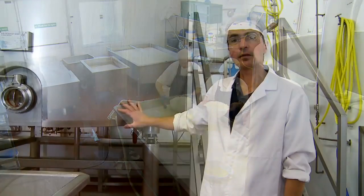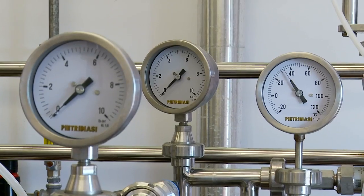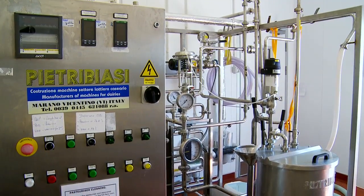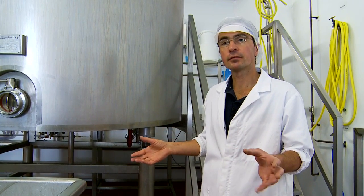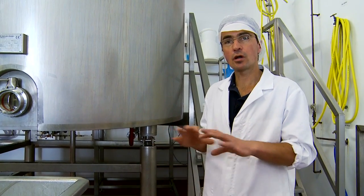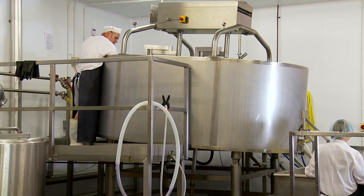This is the cheese vat in which we make all our cheeses. It takes 3,000 litres of milk. The warm milk is pumped into here from the pasteuriser at about 32 degrees centigrade. We then add the starter culture, and about an hour later we add a little bit of rennet, which will coagulate the milk. After the rennet's put in the milk, we leave it for about an hour, at which point